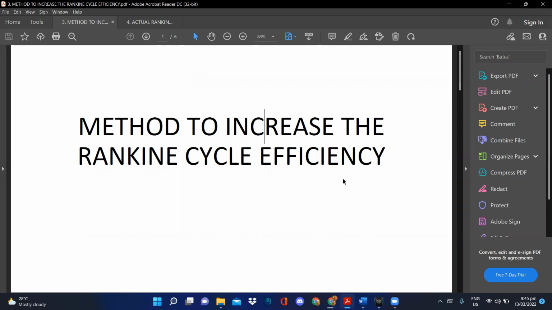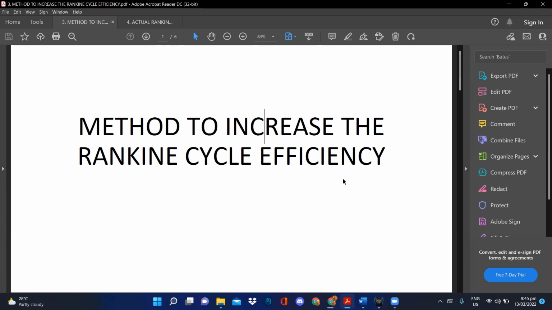Here in our next lesson, we're going to discuss and solve the methods to increase the Rankine cycle efficiency and what we call the actual Rankine efficiency. So, what is the meaning of the actual Rankine efficiency? The actual Rankine efficiency is those